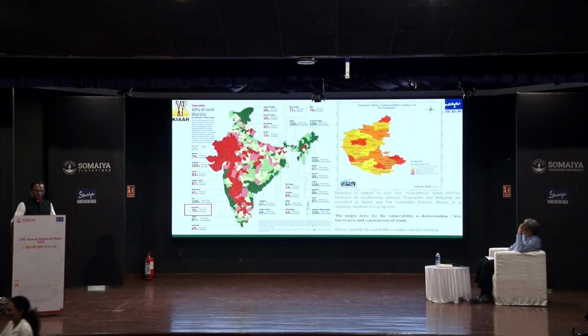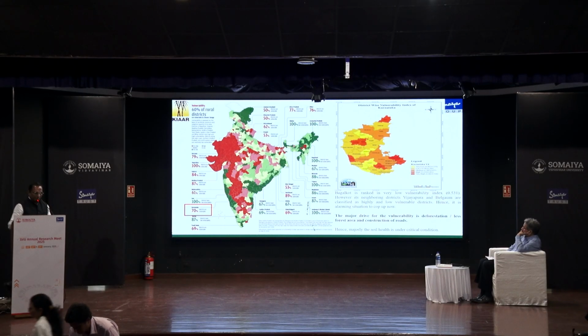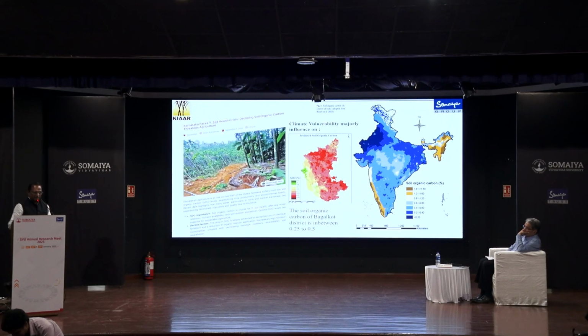So here, this is just to give the idea of how India is affected by climate change, and where our district is also affected. Almost in Karnataka state, 70% of our districts are affected. And this is another vulnerable picture where